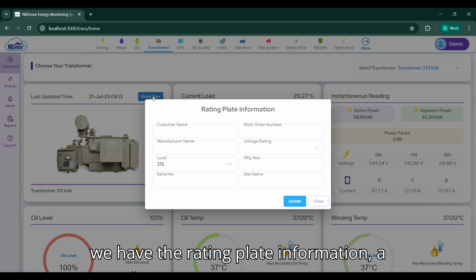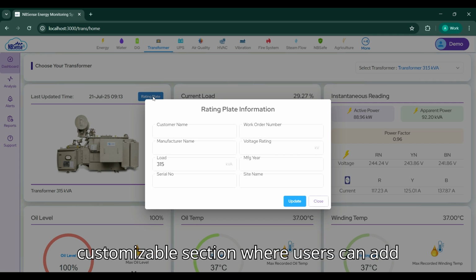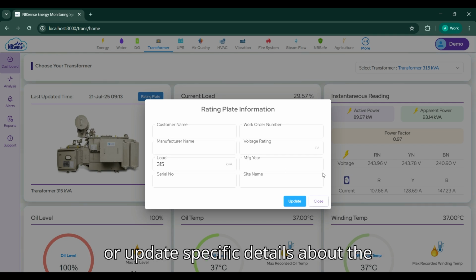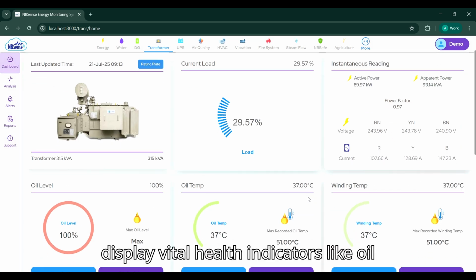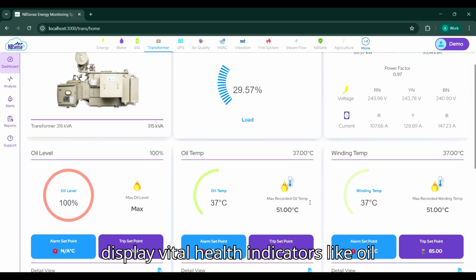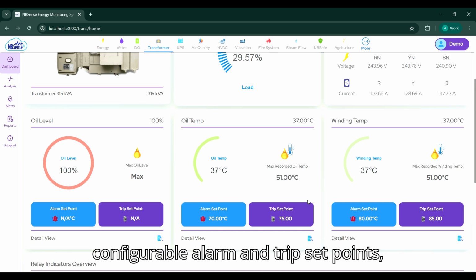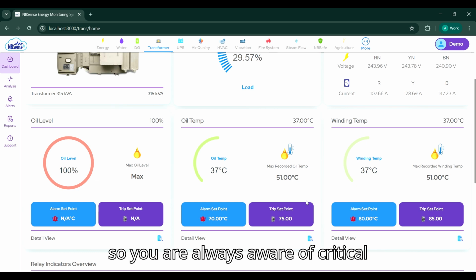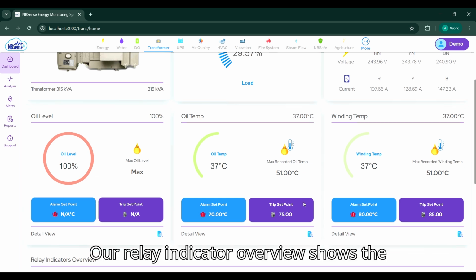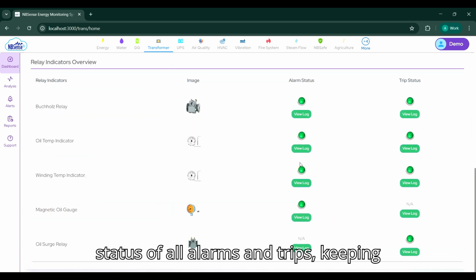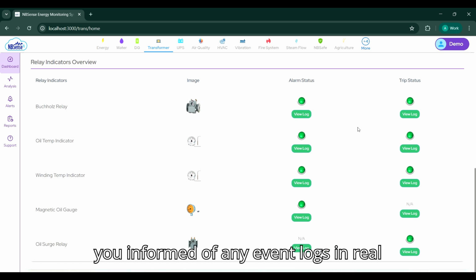Next, we have the rating plate information, a customizable section where users can add or update specific details about the transformer. We also display vital health indicators like oil level, oil temperature, winding temperature. All these come with configurable alarm and trip set points, so you are always aware of critical changes. Our relay indicator overview shows the status of all alarms and trips, keeping you informed of any event logs in